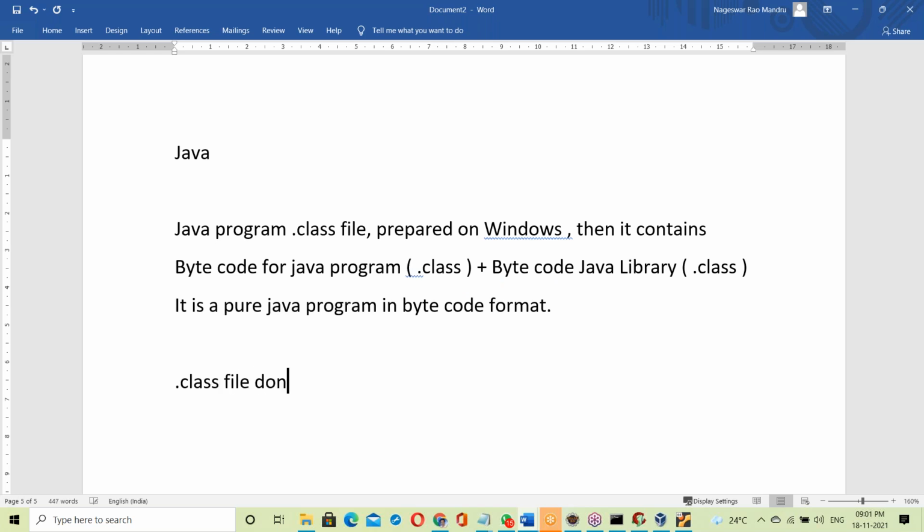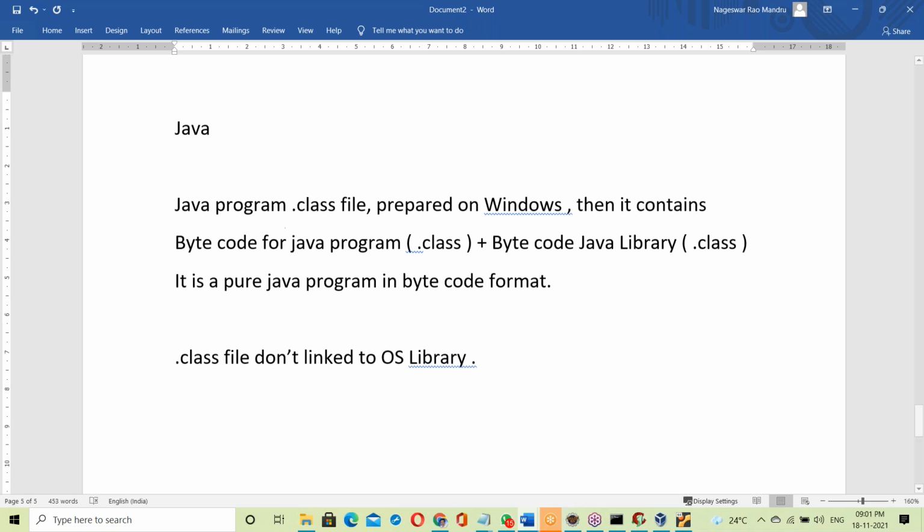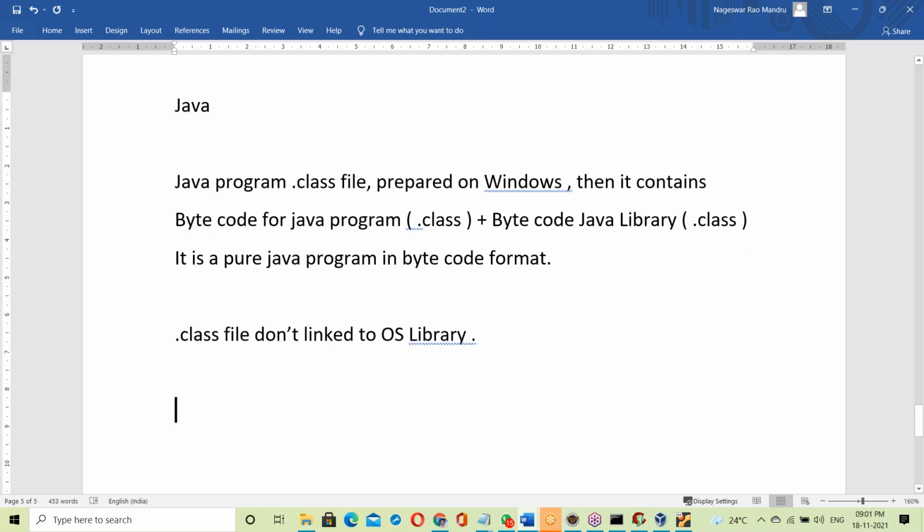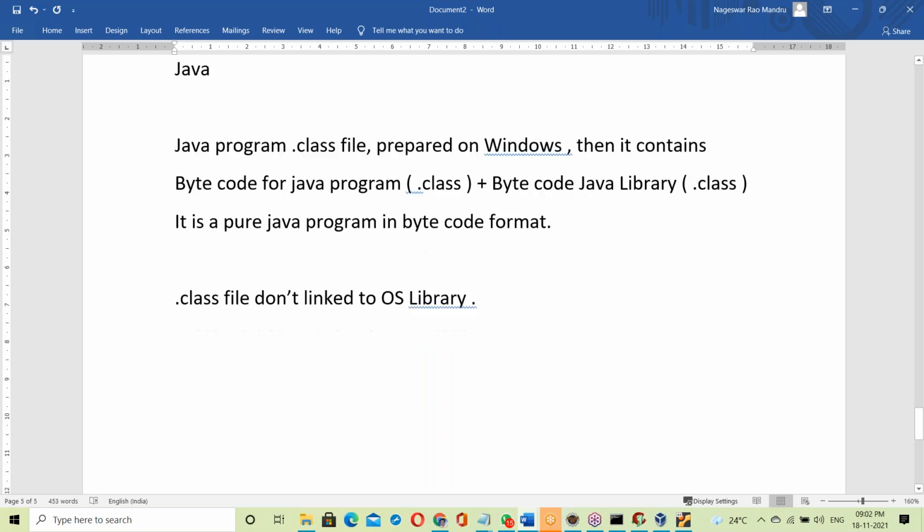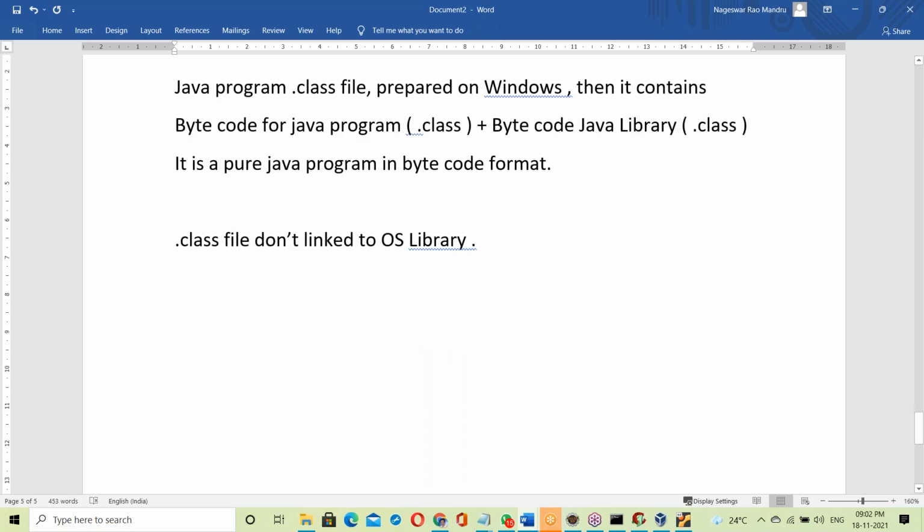Yes, the .class file is not linked to the OS library. The .class file doesn't have any OS library. Okay, fine. Now, suppose for example the tested .class file was prepared on